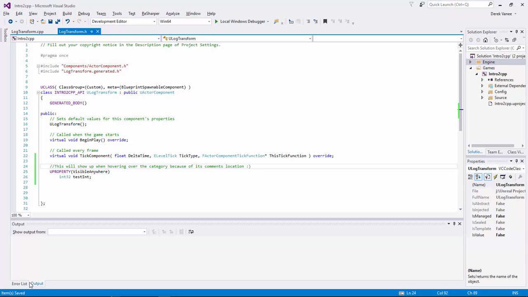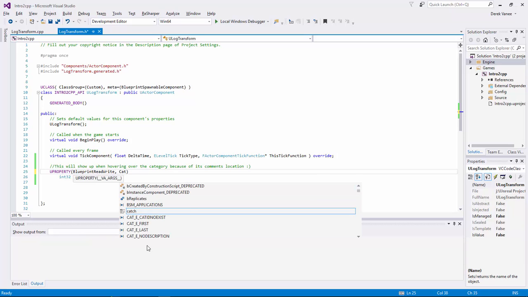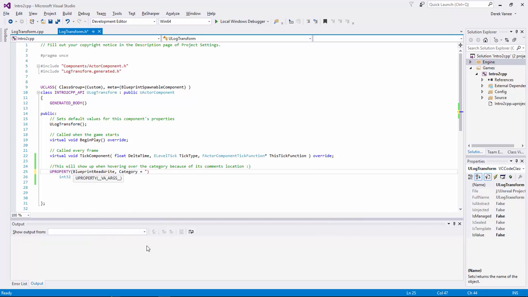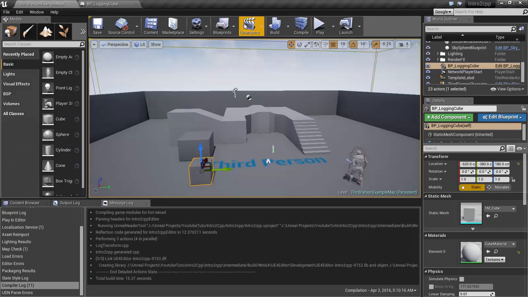Smiley face. We can save that. And let's change this to BlueprintReadWrite and Category equals Testing. Control S to save, back into Unreal, compile,